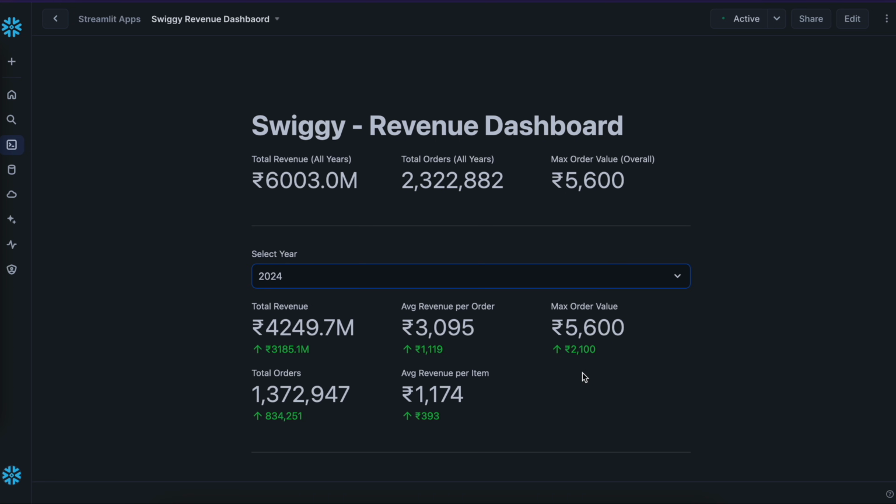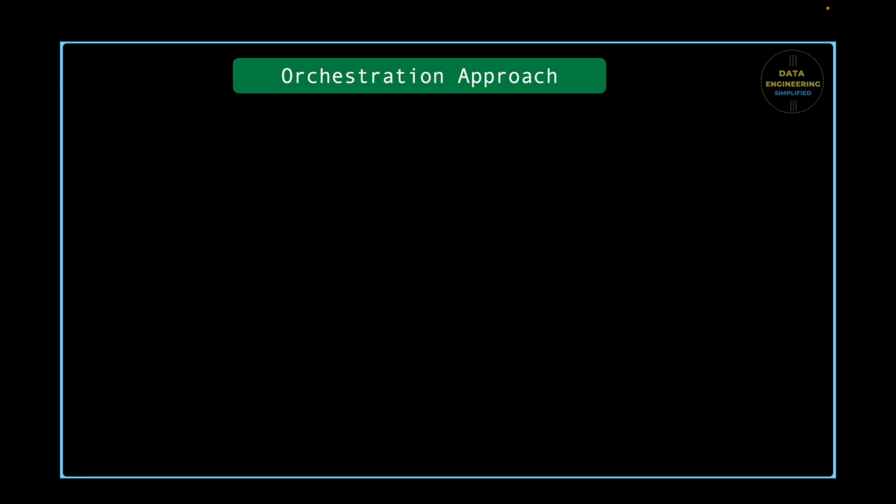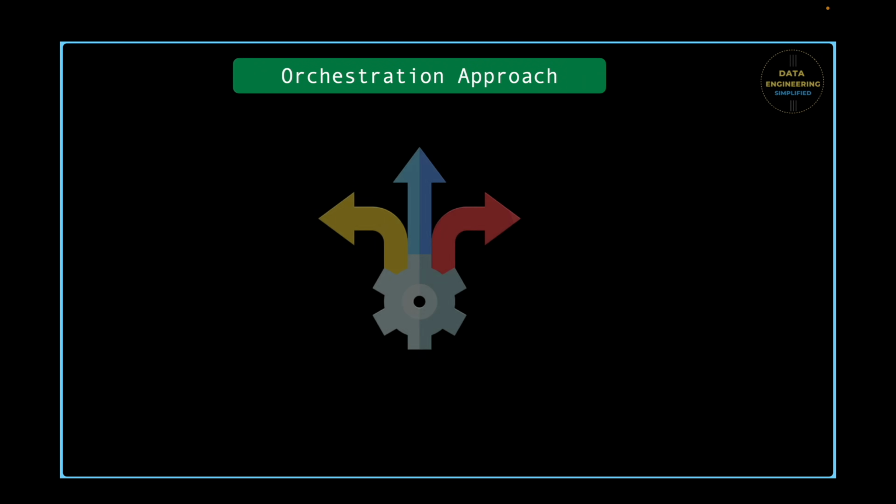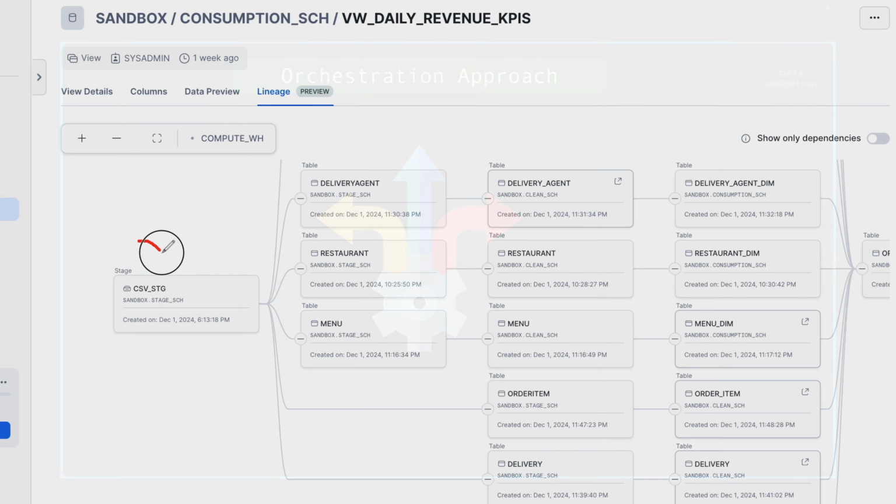And you can create different kinds of dashboards. Once you have this fact and dimension table, you can always take one of the dimensions, and around the dimension you can ask different kinds of questions and help your business users get the answers through this data platform. Once everything is done, now it is time to think about how to automate the entire flow so it runs without any human intervention. And as soon as the CSV files are dropped into the stage location, this automated job runs,